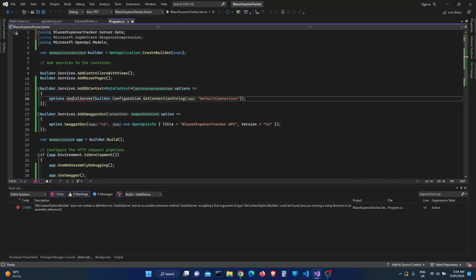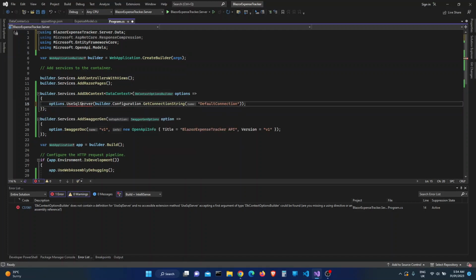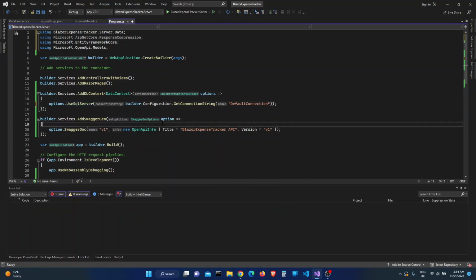And then over here, okay, I made a mistake here. Use SQL Server. Okay, so you can go with Ctrl+., then we have to use an Entity Framework call. So add the Entity Framework Core using statement. Then go ahead and save that. Okay, so that's it for registering